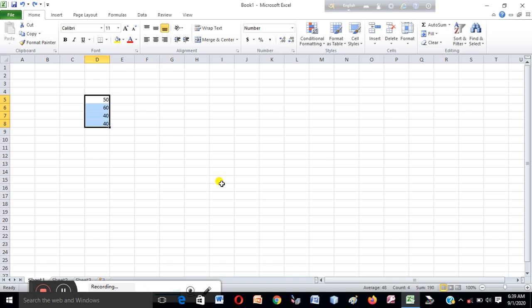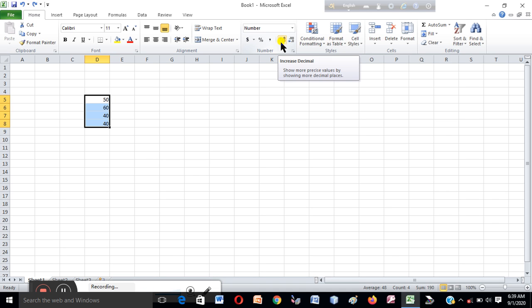Number means the digits to be displayed after the decimal. Look, here is only a number. There is no decimal number. So look, from here, increase the decimal.